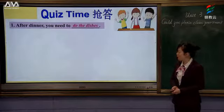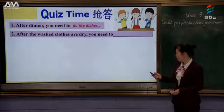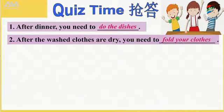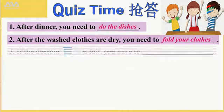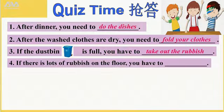do the dishes. Yes. Number 2, after the washed clothes are dry, you need to fold your clothes. Number 3, if the dustbin is full, dustbin, if the dustbin is full, you have to take out the rubbish. Number 4, if there is lots of rubbish on the floor, you have to